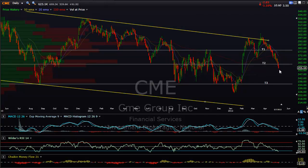T2 has been hit. I'll zoom back into a daily chart. T2 was hit last week and has clearly given way now. All along I favored at least T3 being hit, and I still do. So if and when we get there, I'll let you know if that'll be the final target or not. But for the time being, if you're in the trade, if you haven't taken any profits, at least consider lowering your stops now. Put a stop not too far above that T2 level, as that now should act as a